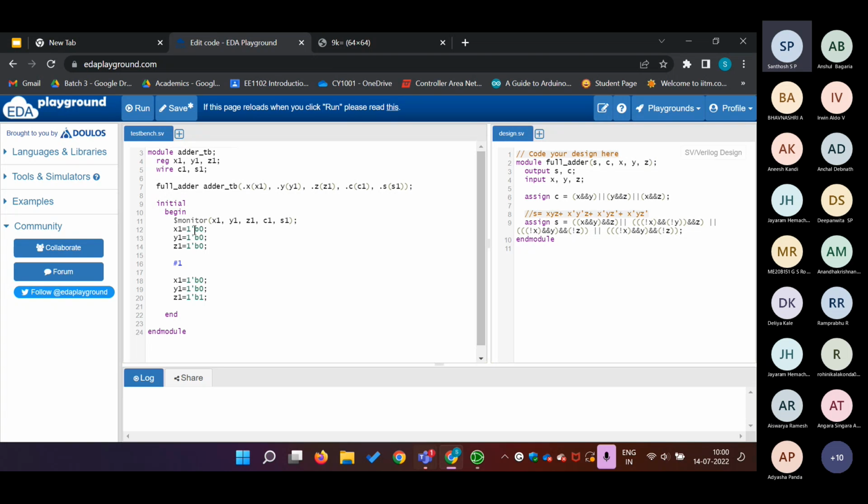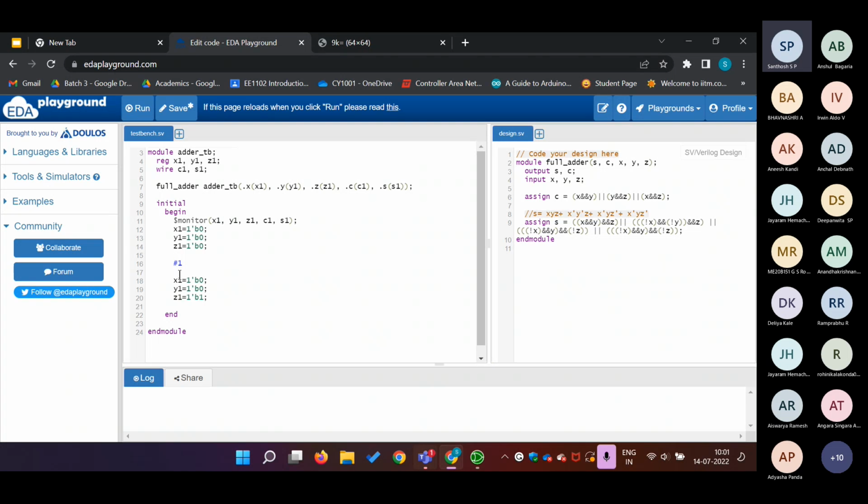The B0 represents the binary form of the value 0. So this statement basically means that we are giving 1 bit, the binary form of 0. So it means that we are giving 0 into x1. Similarly, the same statement here means that we are giving zeros into y1, and